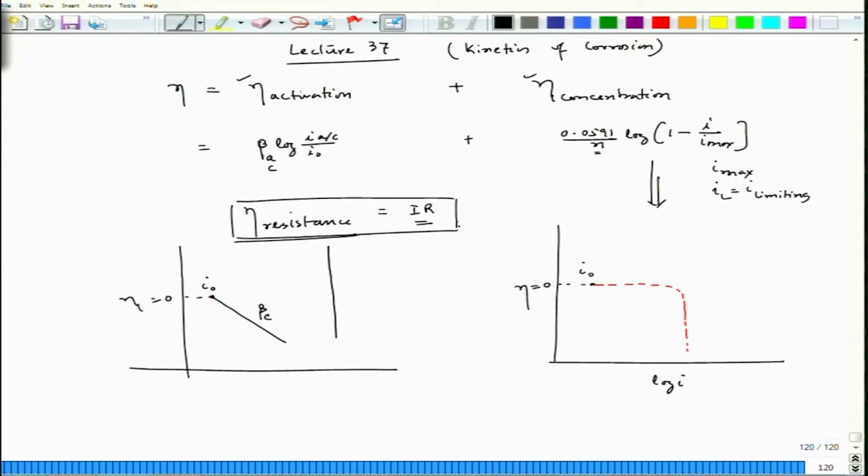So the combination of these two would be, this is the point eta equal to 0, I0, this is the point which corresponds to log I0, and this axis is log I, this axis is also log I. Now once we combine, the combination curve will look like this. So this part is